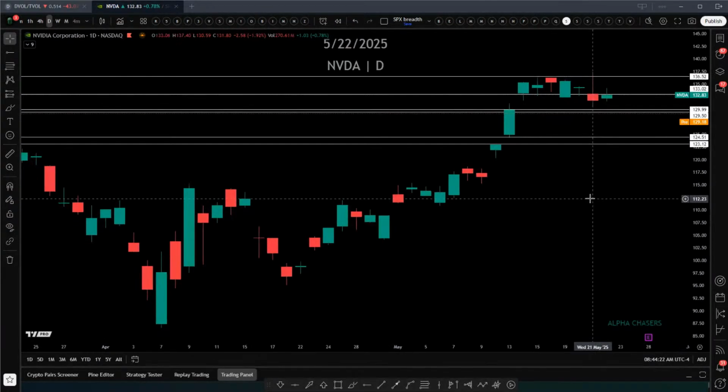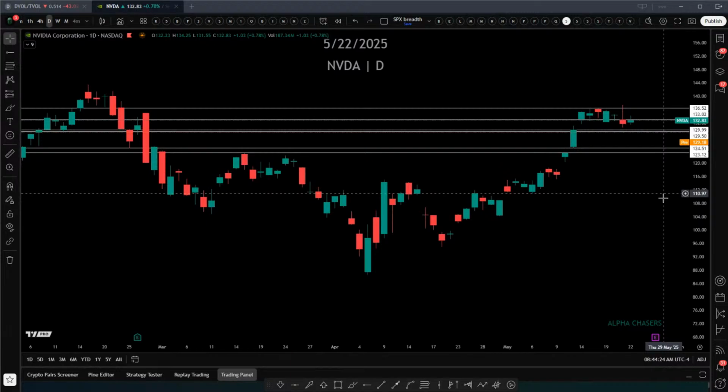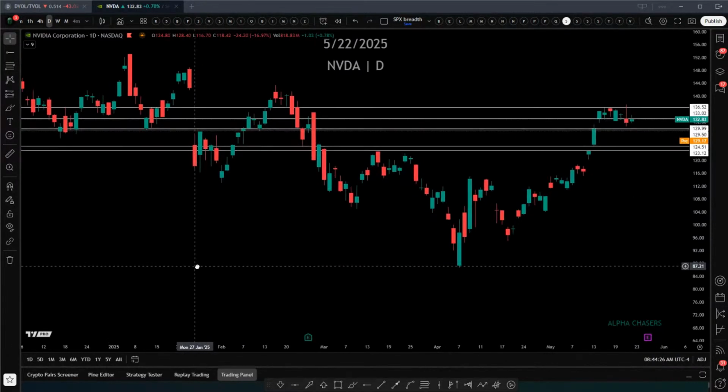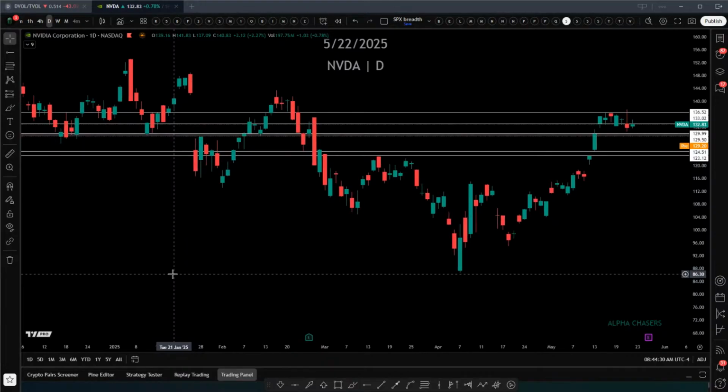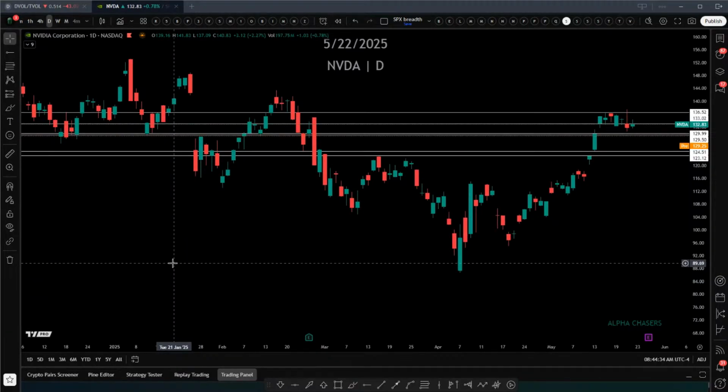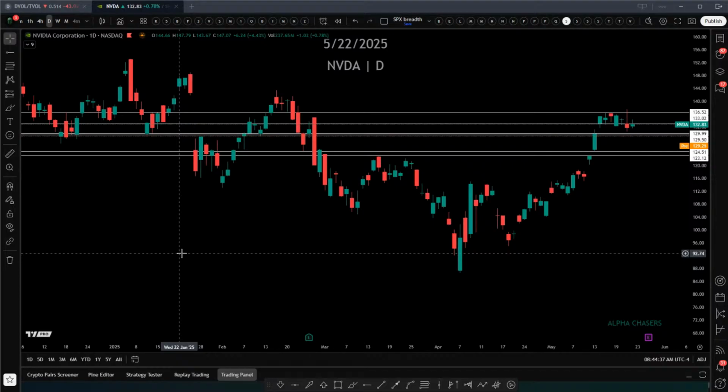I personally think NVIDIA is going to do very well into earnings. I don't have a clue. So as always, everything I say is information and education. I don't have a freaking clue. I don't see how coming out and adding Saudi Arabia and parts of the UAE, which are not finalized, but as Saudi Arabia is finalized, and getting more access to China, I don't see how you don't raise guidance, being NVIDIA. Now, if you lower guidance,